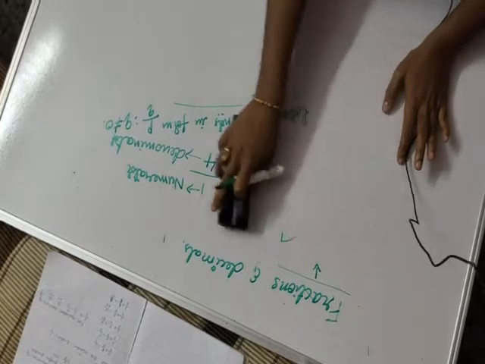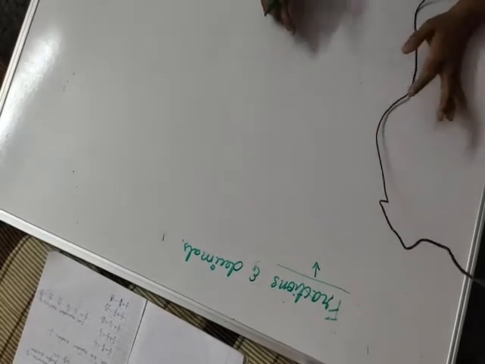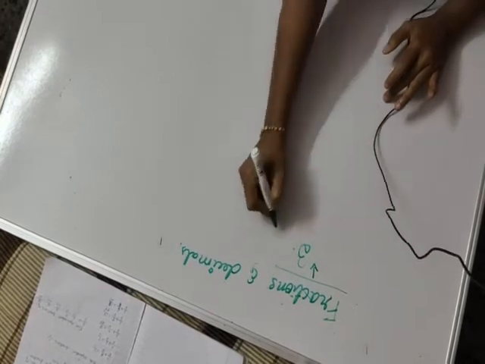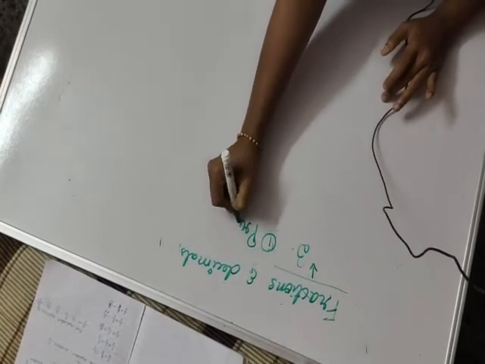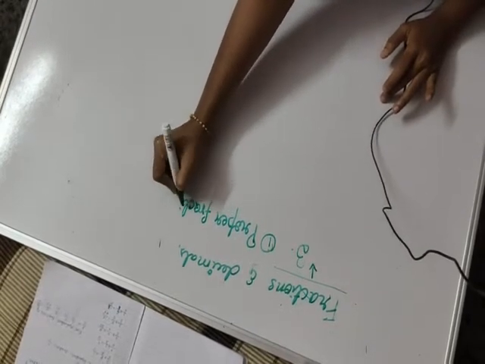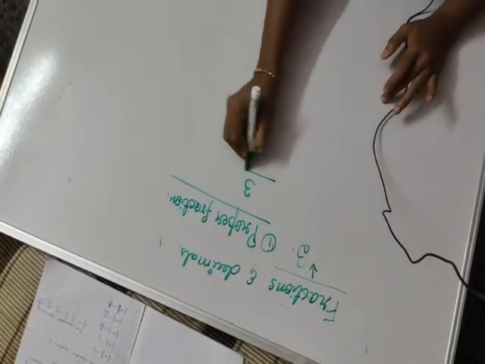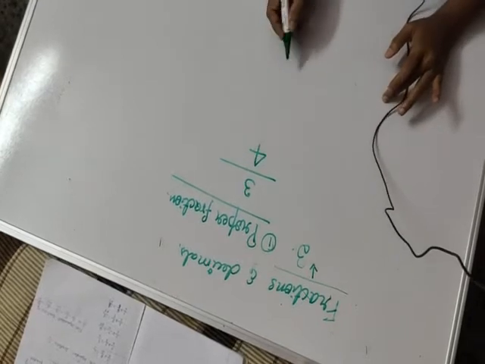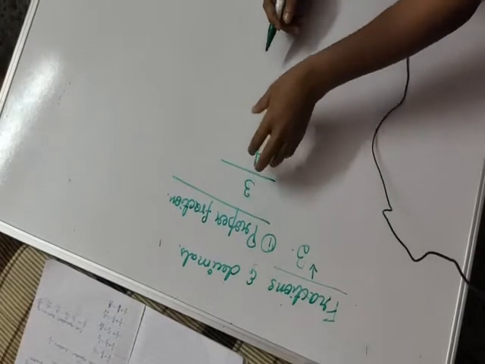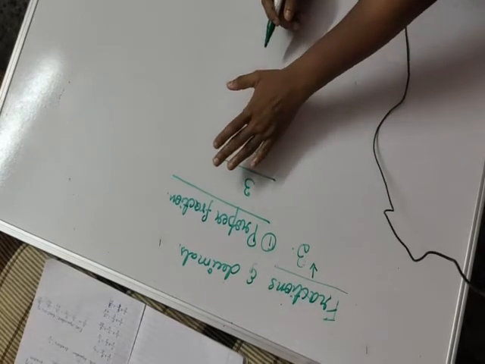You have studied many picture problems in the smaller classes. So next, how many types of fractions are there? There are 3 types of fractions. One is the proper fraction. What is this proper fraction? A proper fraction says the numerator is lesser than the denominator. Understood? The denominator is always greater than the numerator. Means the upper one is smaller, the bottom one is greater. Those types of numbers we call proper fractions.